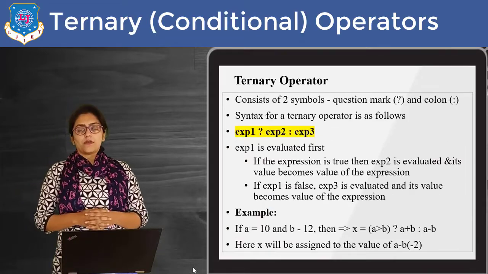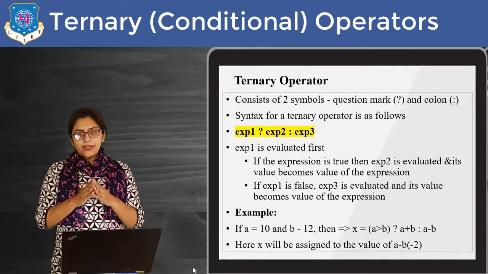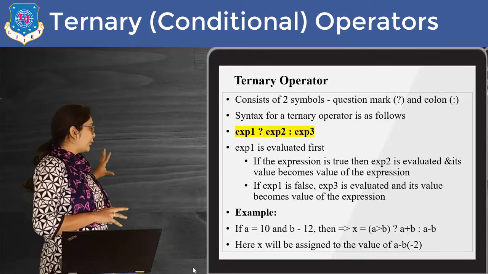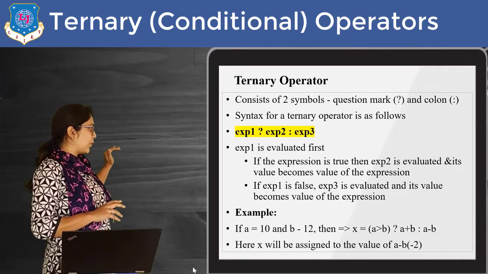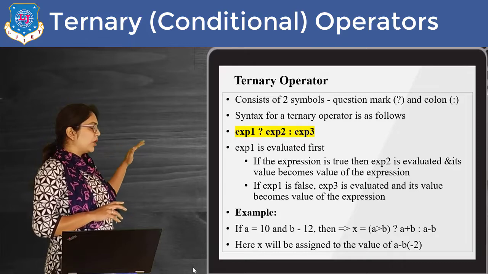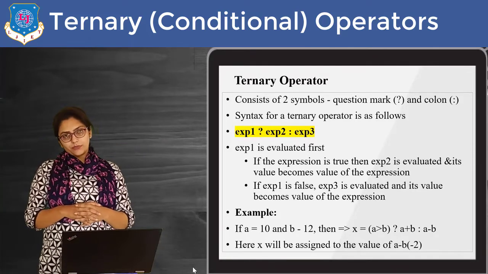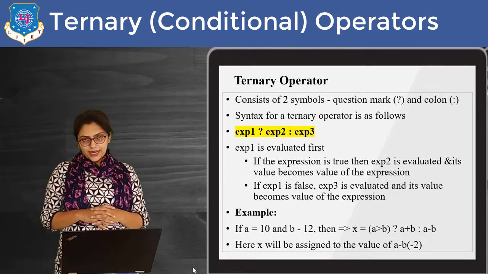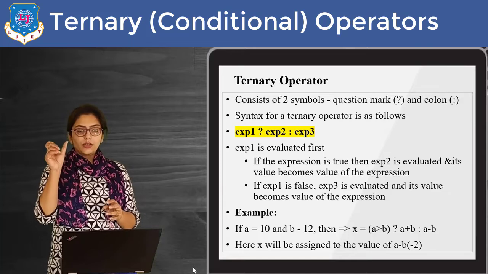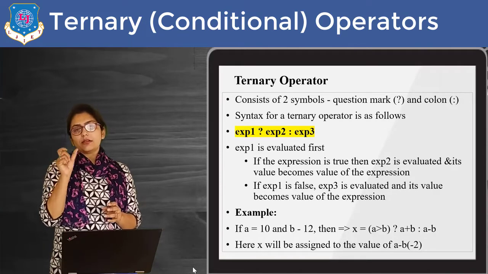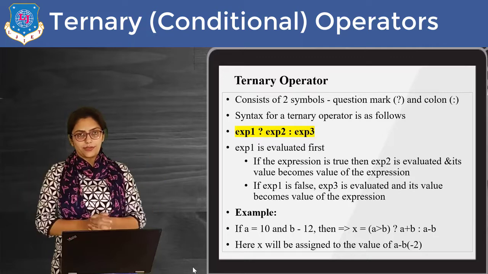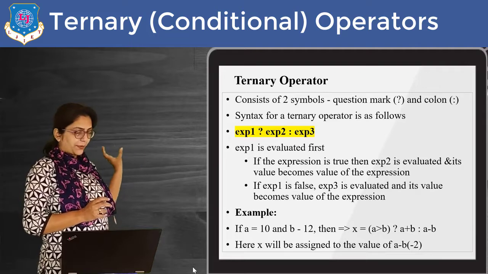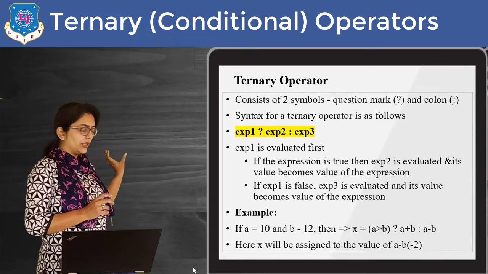Then I am going to cover the last operator of today's class, that is the ternary operator. Now you have to remember this expression, that is expression 1 question mark, expression 2 colon, expression 3. The ternary operator is nothing but the question mark and colon sign, right? So these two symbols are used as a ternary operator, and this is a single operator. What is the use? You can write one condition or expression in place of expression 1.